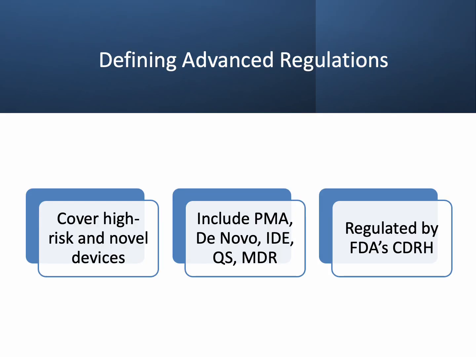Following our introduction, let's define advanced regulations in U.S. medical device regulatory affairs. These regulations govern high-risk, Class III and novel devices, ensuring safety and effectiveness through processes like pre-market approval, PMA for pacemakers, de novo for novel low to moderate risk devices, and investigational device exemption (IDE) for clinical studies. Quality system (QS) regulation ensures consistent manufacturing, while labeling requirements and medical device reporting (MDR) enforce accurate information